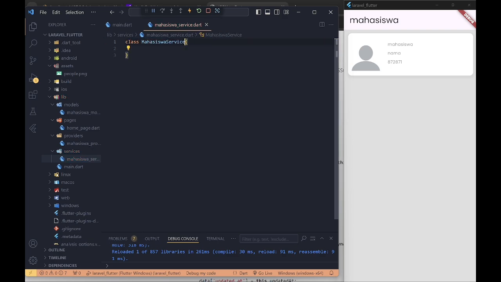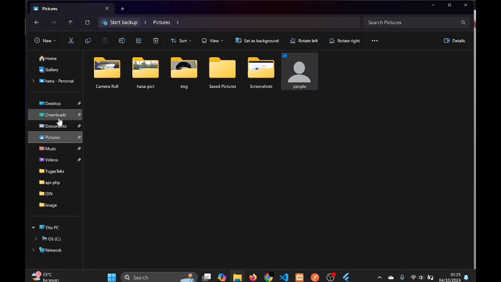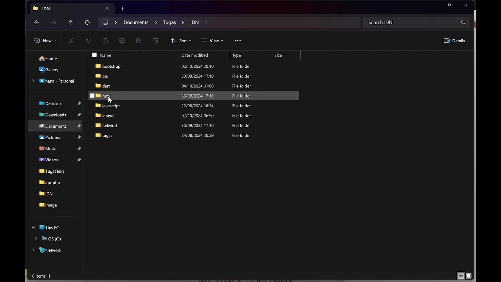After this we add the mahasiswa service. We use Future and getMahasiswa async for the URL. So the URL is the URL of the Laravel.